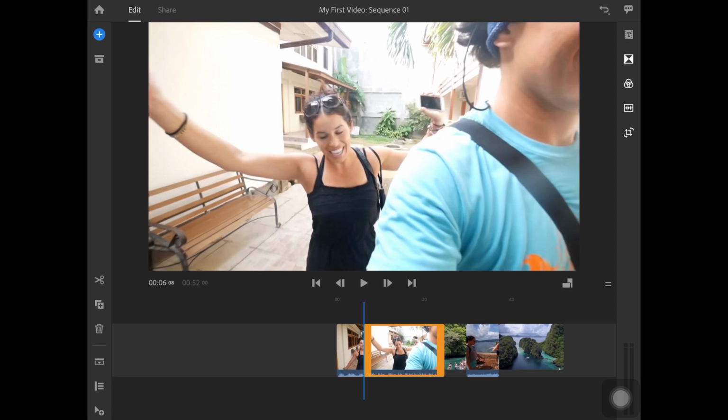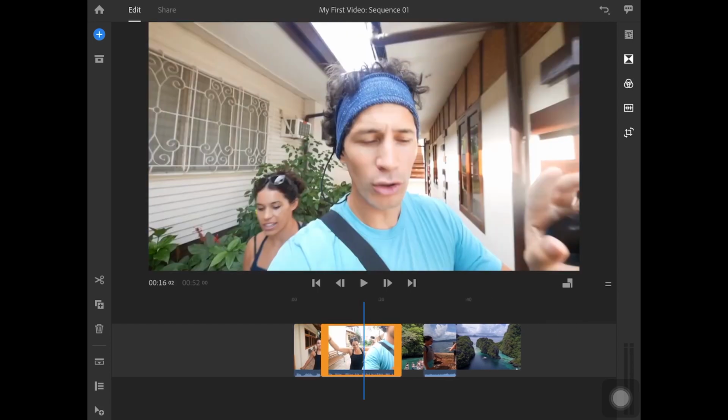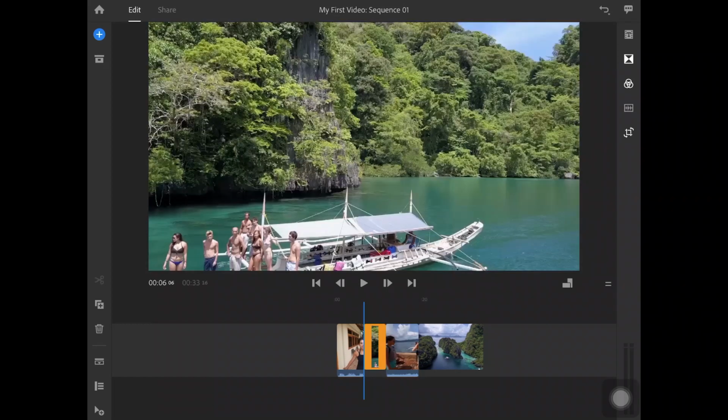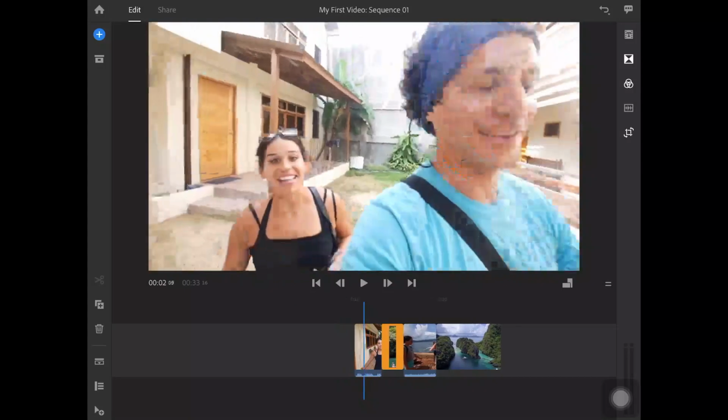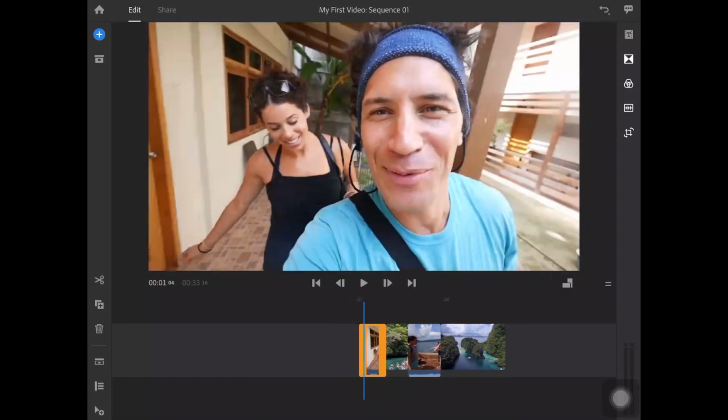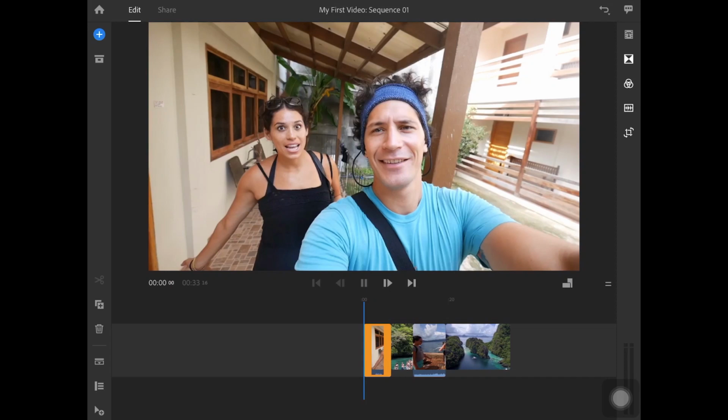So at the playhead, now I just did a split, and I don't need the second part. This part I'm eliminating, so I'll simply select it and click on the delete icon. There is a trash bin icon, just like a recycle bin icon, on the left side, below the scissors, and I'm clicking it, and that second part, as you can notice in the timeline, is no more available.